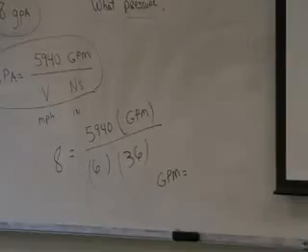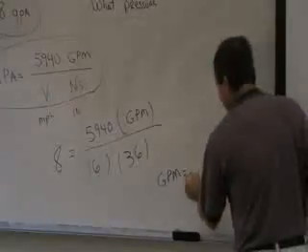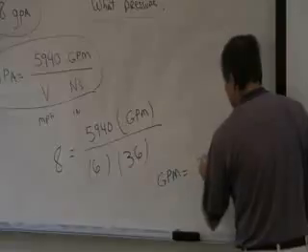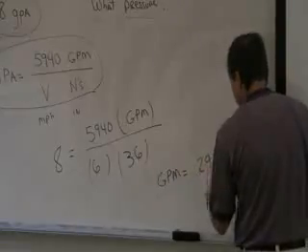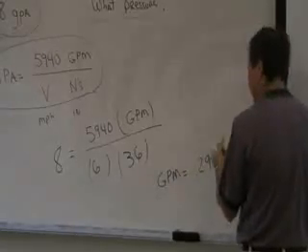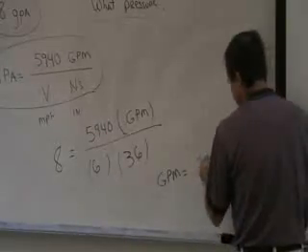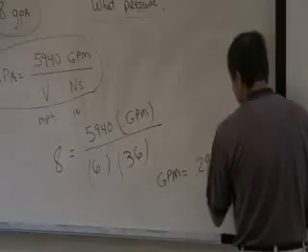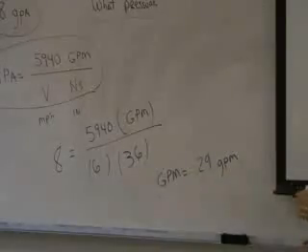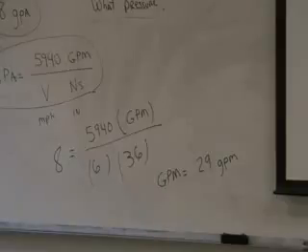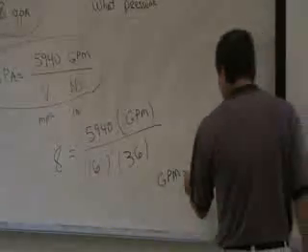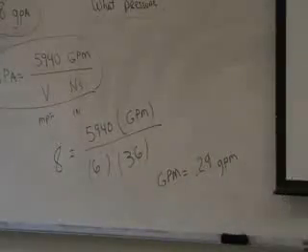Anybody got an answer? Came up with 0.29. 0.29 gallon per minute. Oh my gosh. This is kind of good. Remember, it's not liters per minute, it's gallons per minute. Anybody else get that number? Yeah. Confirmation. We have confirmation. 0.29 gallon per minute. Well, that seems a little reasonable to me